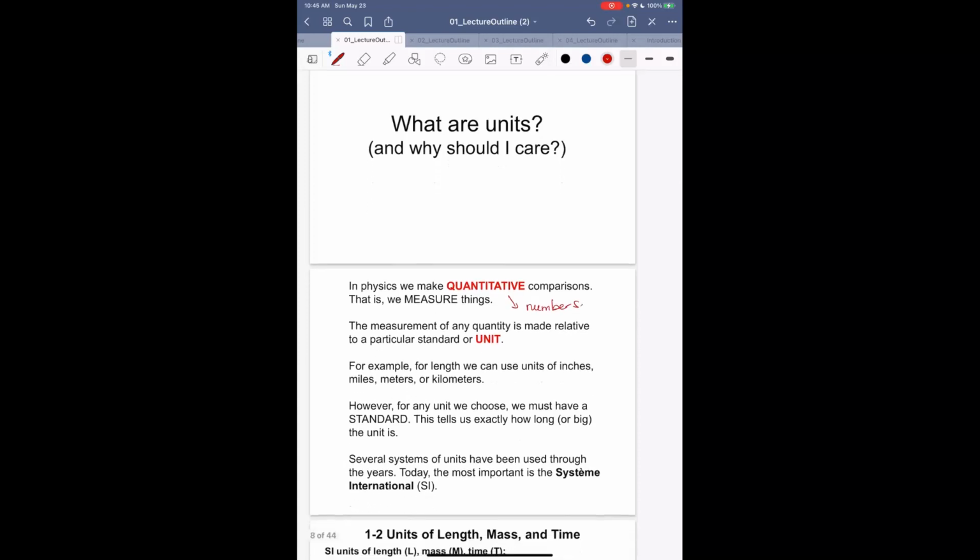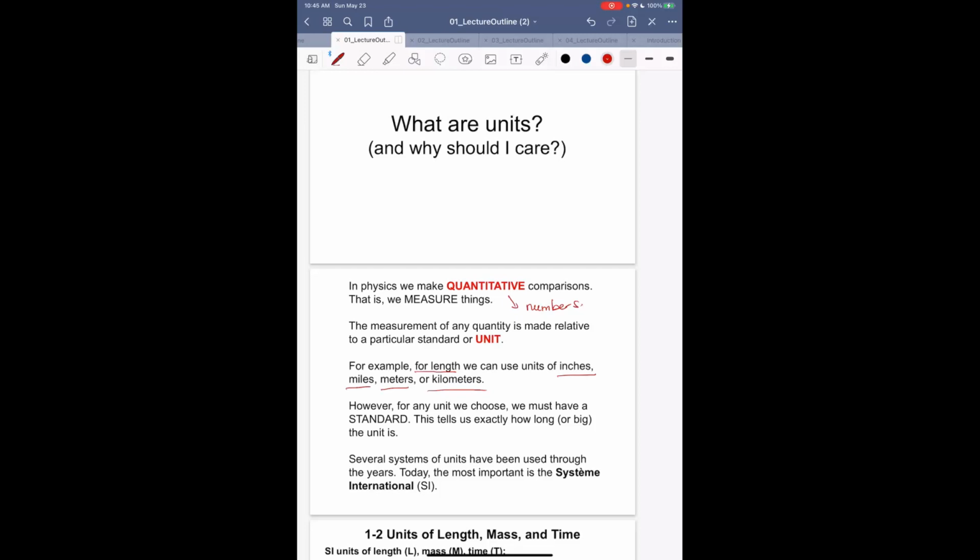And for any measurement, we should have a particular standard that we are going to use. We call it a unit. Now, for, let's say, length, we might use units of inches, as we are using here in the United States, or miles. We can use meters, we can use kilometers, okay? But the thing is, we need to have a standard that we are all going to agree